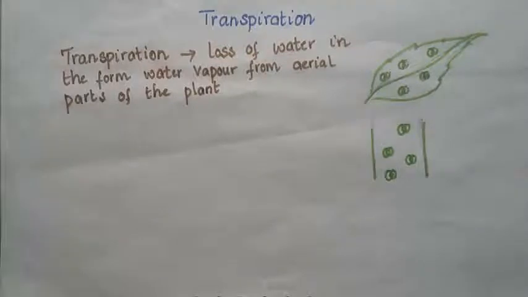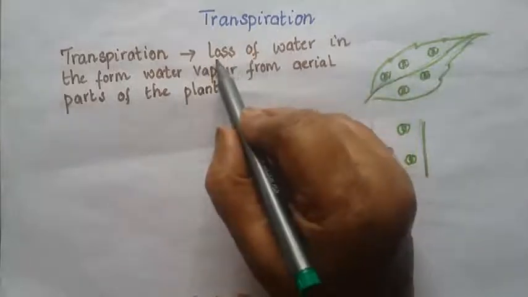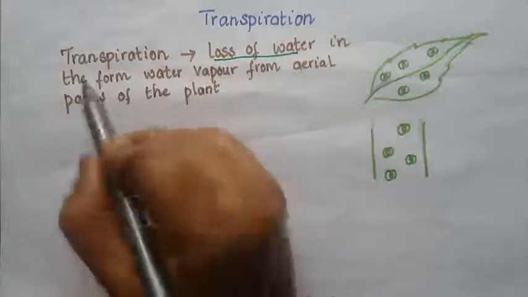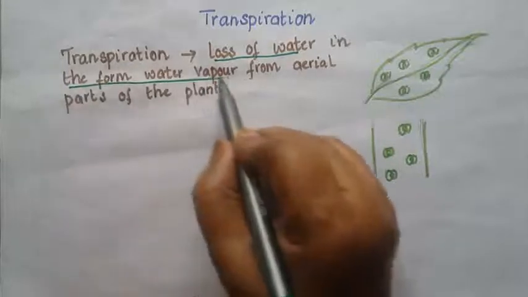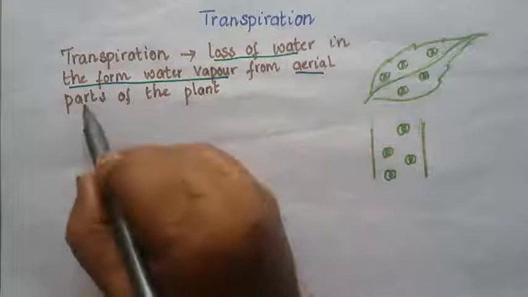So, how do we define transpiration? Transpiration is defined as loss of water in the form of water vapor from the aerial parts of